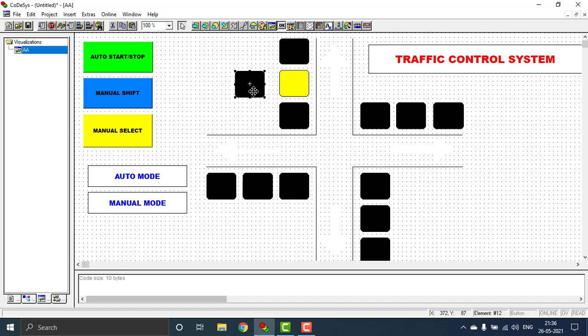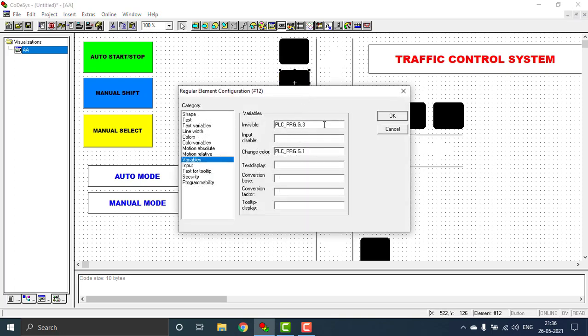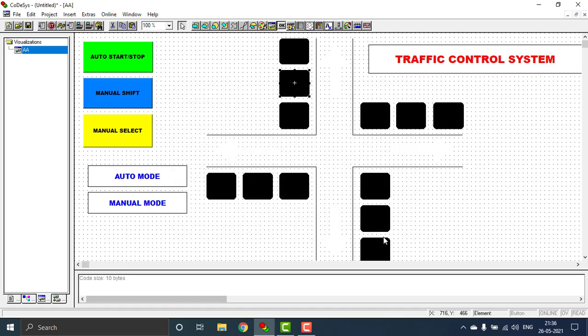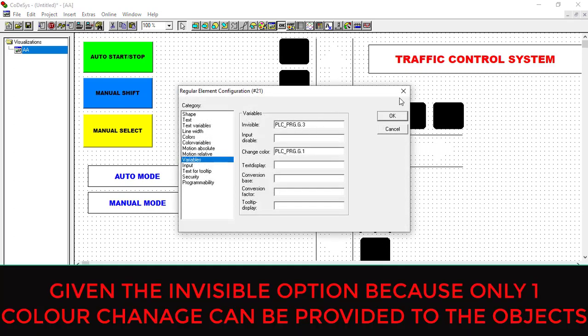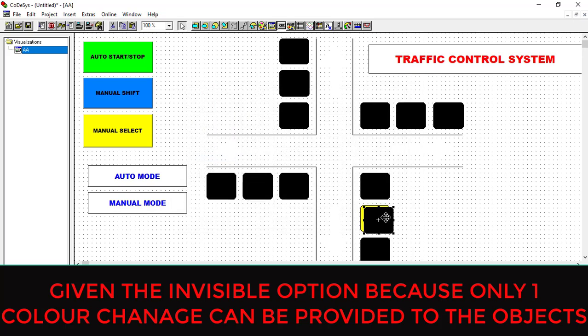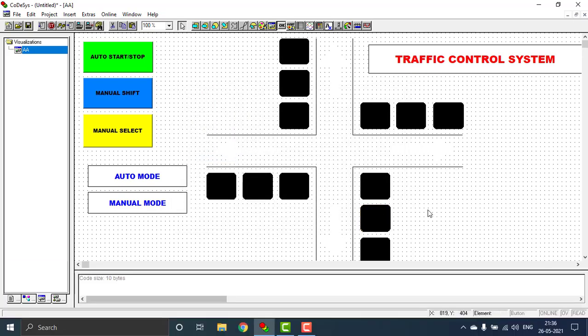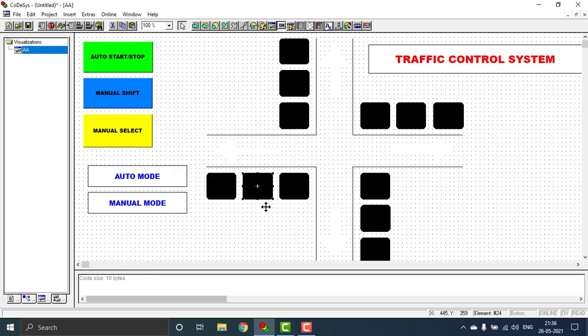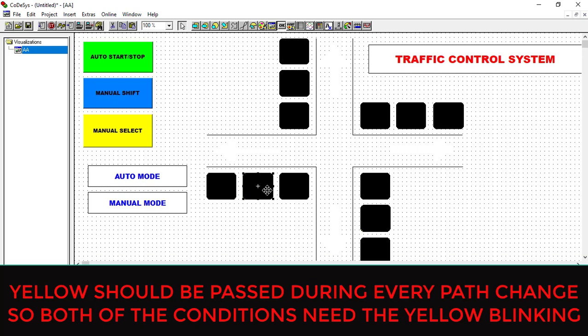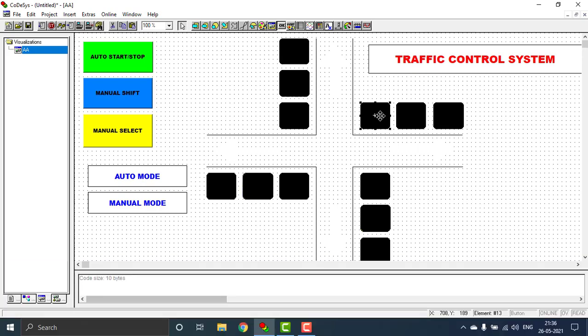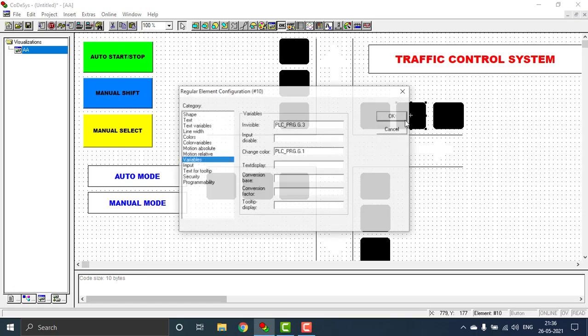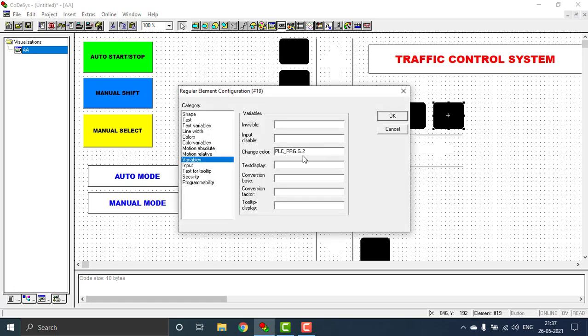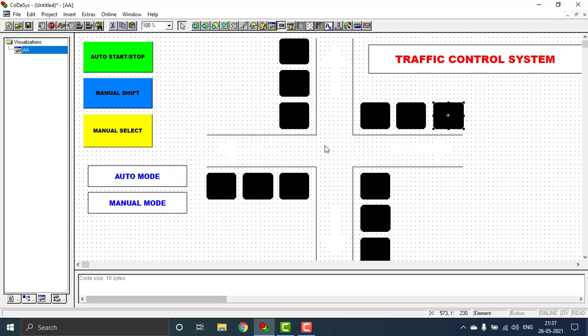So I can show you another thing, that in the back end there is a yellow that will be this, the upper one will be invisible when the third step is appearing. That is the invisible thing. And like this I just used here invisible at G.3, at the third step. You can see everywhere under this light there is a yellow thing. In here also I am using this G3 for the yellow condition, and also this should be given to every light. You can see this will be G0, and this will be G1, and this will be G2. Like this I can use all these things.